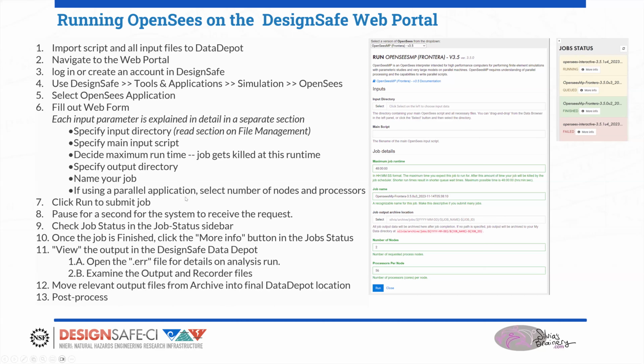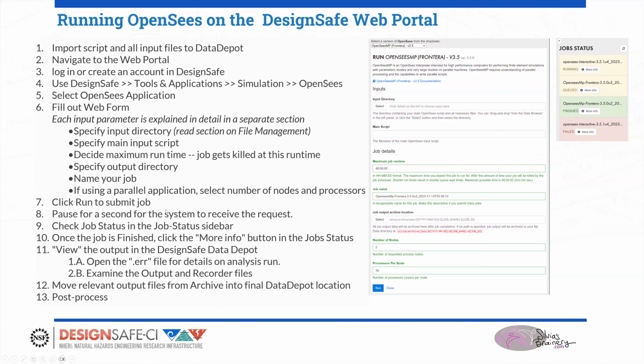So if you're running more than one job, use something descriptive. And then if you're using the parallel application, it asks you for the number of nodes and the number of processors. There are total limits on how many nodes you can use, but if you're using the nodes, you might as well assign all the processors, right? Well, but be careful. If you have a data-intensive or memory-intensive project, maybe use 4 processors so that they can use more memory. You submit the job,